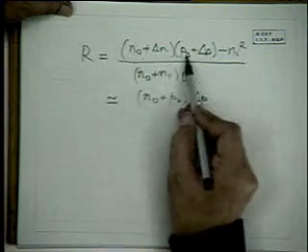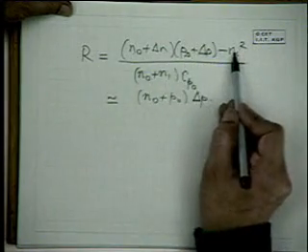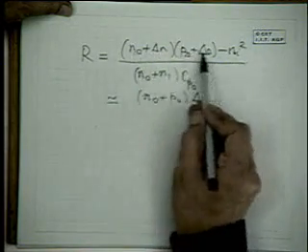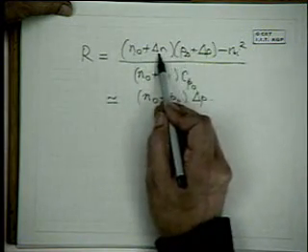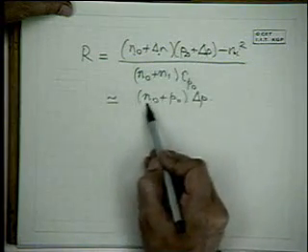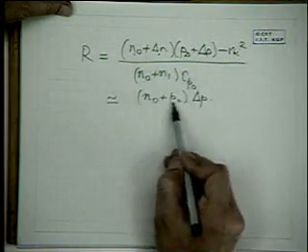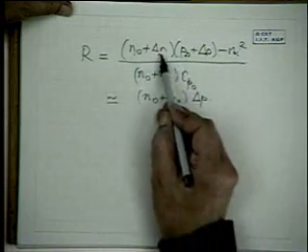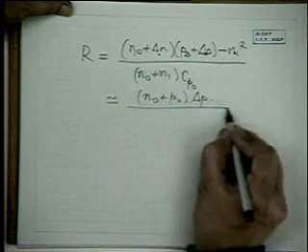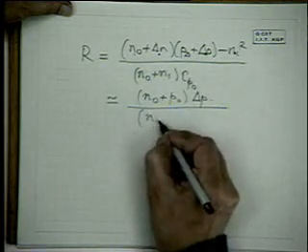Okay, N0 into P0 is equal to Ni squared. So that cancels, right? So you have the term N0 into delta P and P0 into delta N. And we have delta n is equal to delta p, so we have n0 plus p0 into delta. We are neglecting delta n into delta p. Okay? And the denominator is